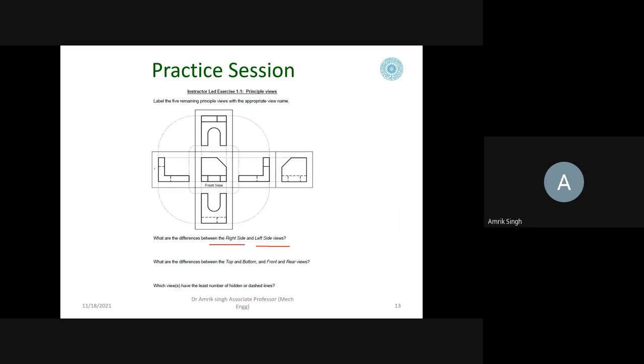Okay. So this is the left side view and this is the right side view. Okay. So it is in the third angle, so we have drawn it like this. Okay. This is the rear view. It is always on the rear side. So it is a rear view.